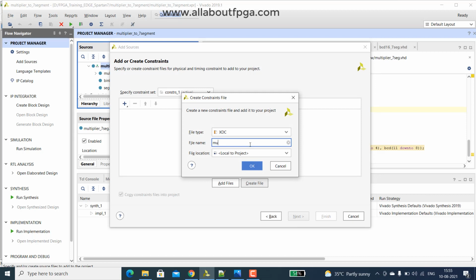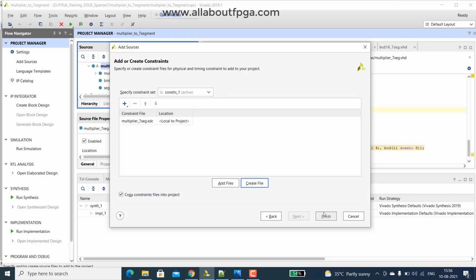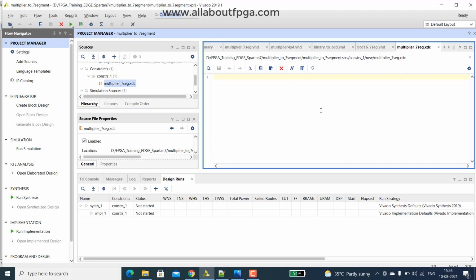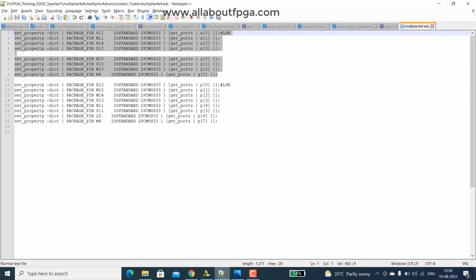So multiplier to 7 segment, finish. So open that constraints, and here we can provide that constraint details.